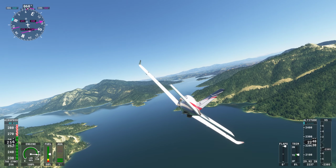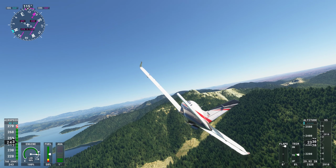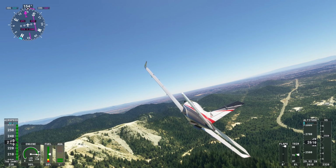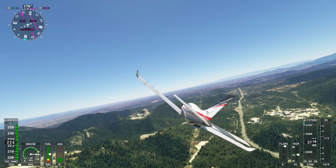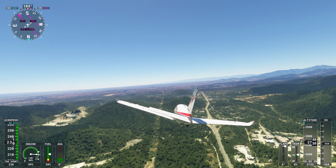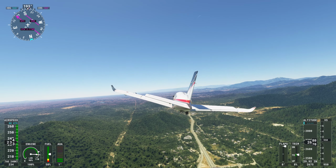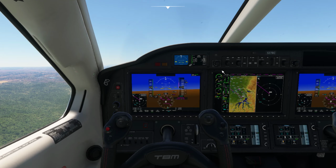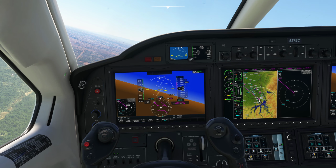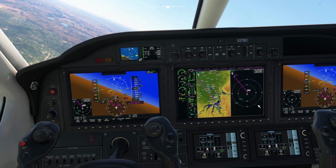They say there's enough water in Shasta when it's full to cover the entire state of Connecticut with 2 feet of water. That's a little trivia for you. And then we're going to head for, well, we might as well fly right down Highway 101, go right past Redding Airport. We'll stay at this altitude. Let's go to the side here and get closer here, and we'll move over one position, and we're looking at what we're looking at,